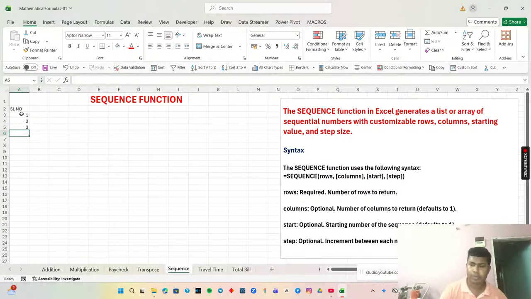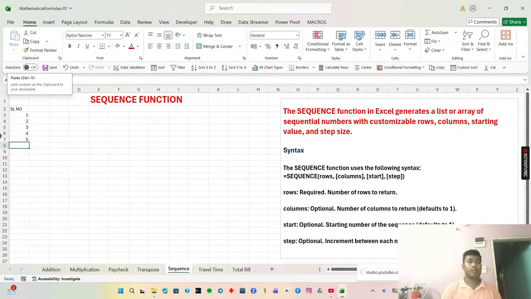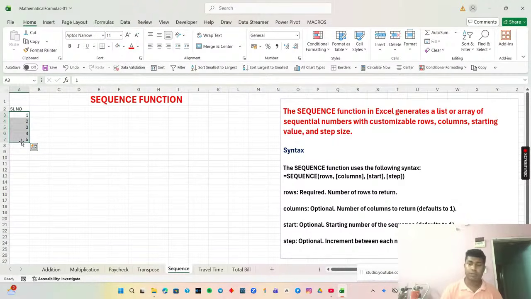Okay, four, five, but it is a noob method to write a sequence number. So how you have to write a sequence number in a very pro way? If you wanted to write 100 sequence number, you will definitely not write this way. So I will show you a very